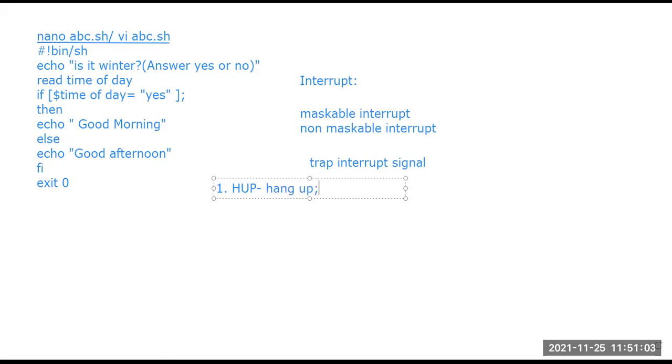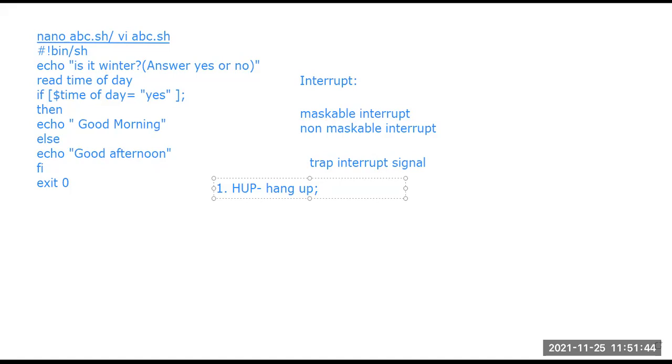This hang up signal can be sent when a terminal goes offline or a user logs out. We are logging in through a terminal or a shell, and running many processes at that time. But it may happen that the user logs off, or the terminal goes offline at a certain time. Then the processes that are going on just hang up.